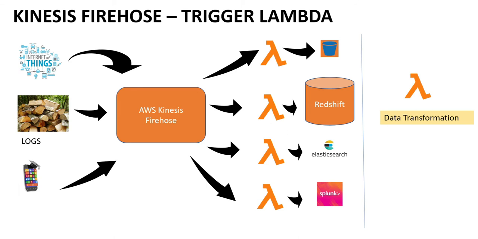Now it is serverless. What is meant by serverless is, it is cheap because you don't have to maintain a server like an EC2 instance. When it is not in use, the Lambda will just stop, so there will be no charges attached to it. Whereas in EC2, you can stop it, but there are storage charges because EBS will be storing some data for that EC2 instance. In Lambda, there is no storage charge. The function runs and does whatever transformation it needs to do, and it completes and kills itself.